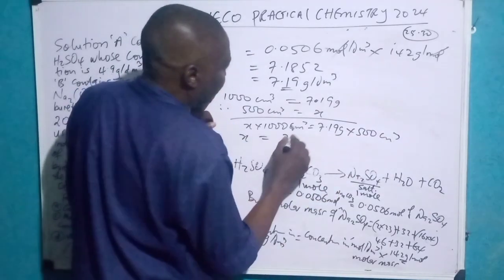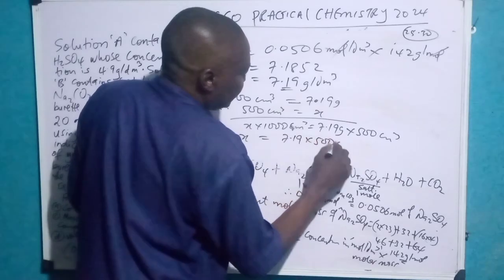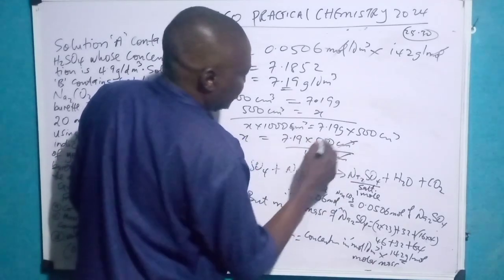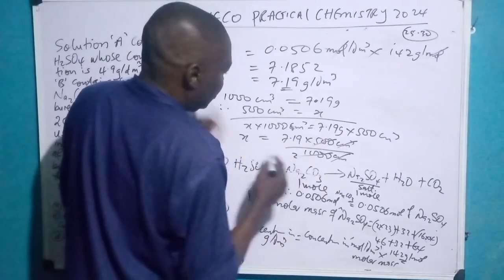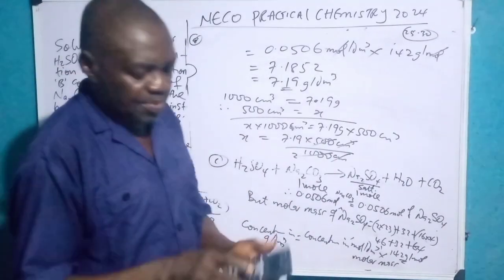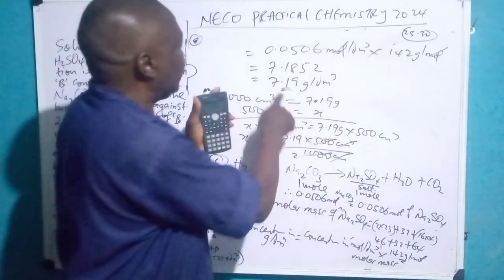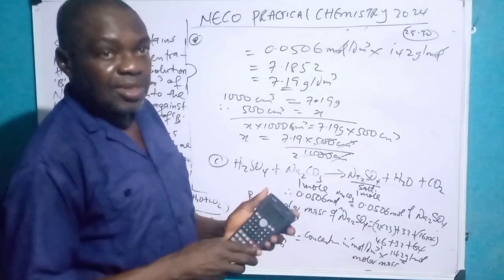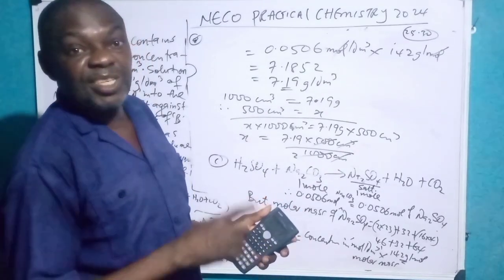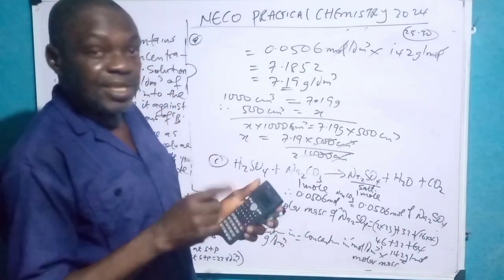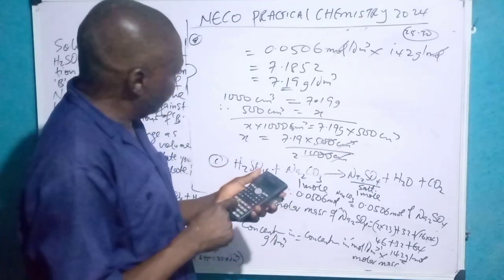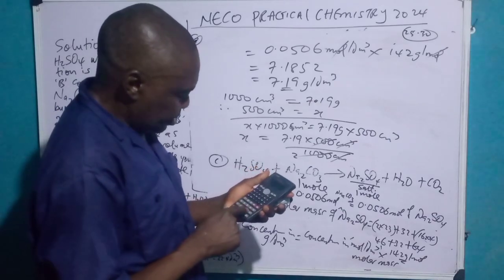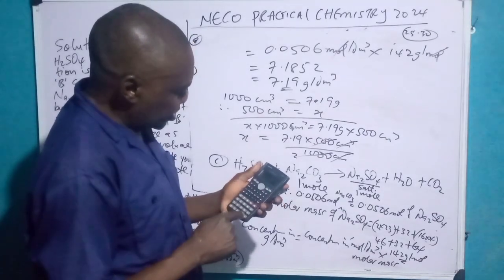S will now be 7.19 times 500 cm cube over 1000 cm cube. Cm cube cancels, and this here 1, this here 2. So it will now be 7.19 divided by 2. You can see my calculator, I have to punch it to 0. If not, whatever I have, they will mark it wrong. Don't say they will not calculate. Even if it's 1 million script, they will calculate all, because they also have somebody checking it later, a higher authority. So you have 7.19 divided by 2 give you